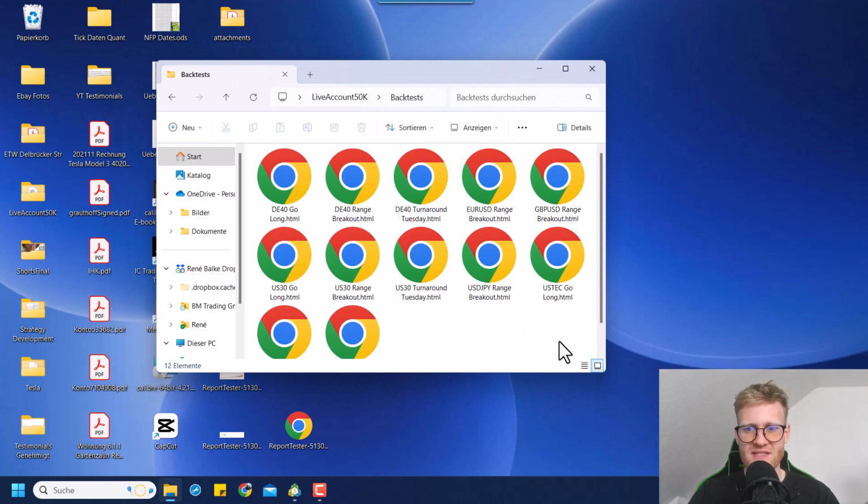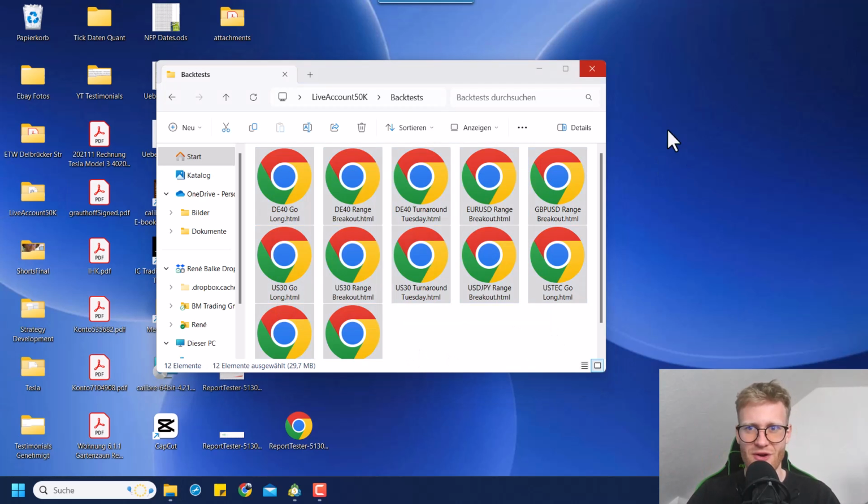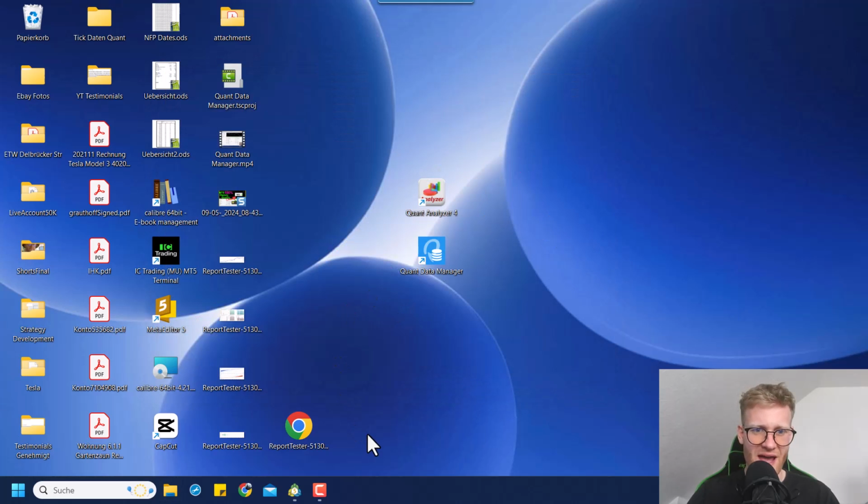So all of these files contain the testing results from the MetaTrader 5 that I saved from the year 2013 to the end of last week pretty much. So from 2013 to end of April 2024. So I have a lot of trades here. And these are the trades that I will now analyze